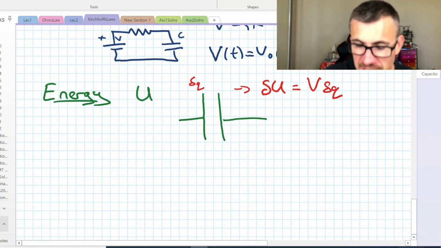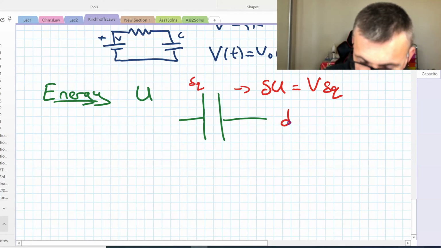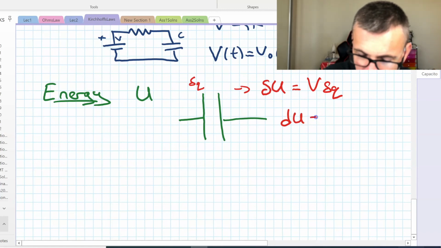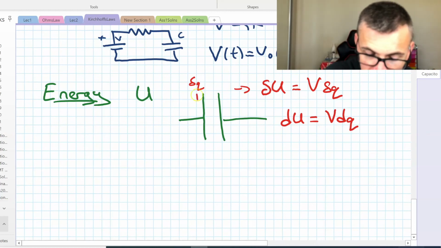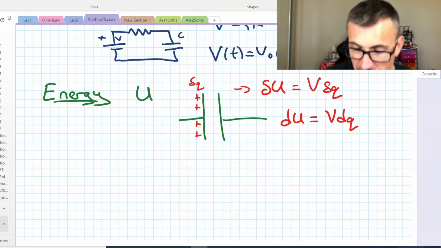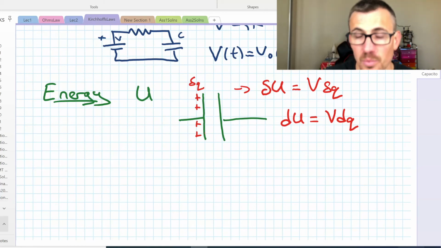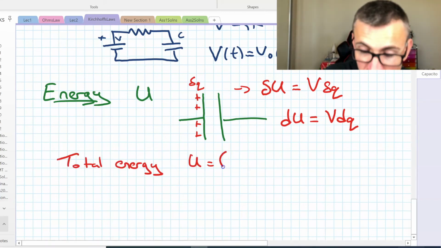Now we'll make this infinitesimally small. So we'll basically curl over those deltas, or uncurl them, and write that we get a small infinitesimal change in energy, which is V times a small infinitesimal change in charge. Now imagine we're going to do this again and again and charge up this capacitor. How much energy are we storing? Well, as we do that, we're adding all the small infinitesimal elements up. What is a word for adding small infinitesimal elements up? That becomes an integral. So the total energy we get by integrating